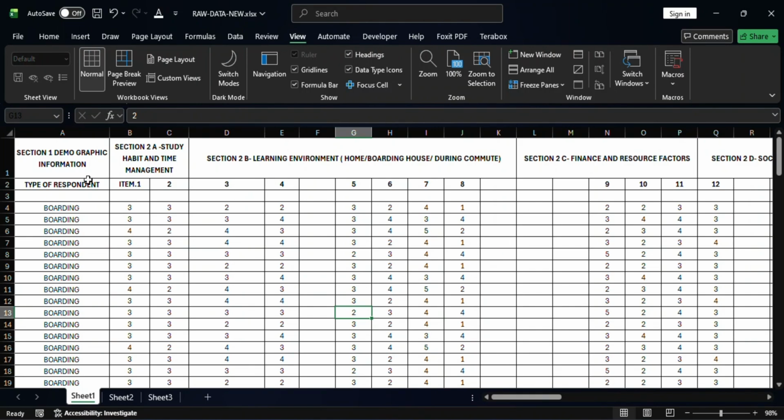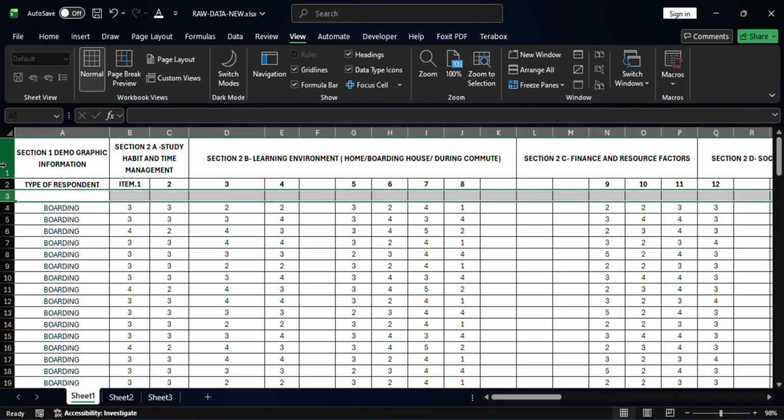How to freeze the rows and columns using Excel. So first you need to click this one, dito lang sa gilid for the horizontal line, then please click